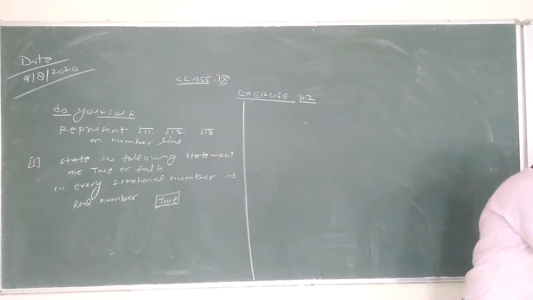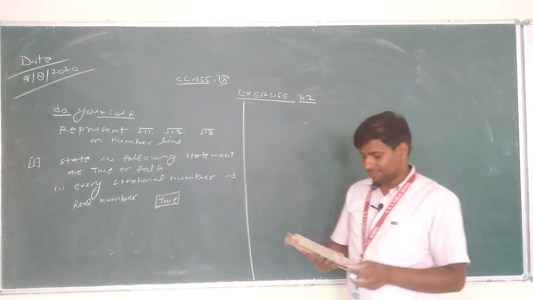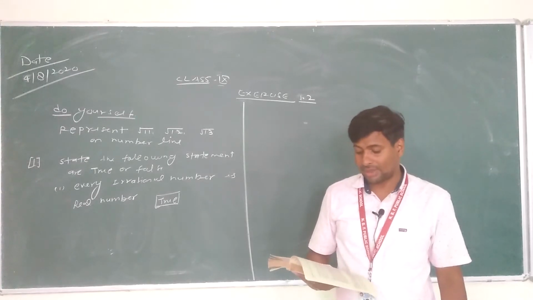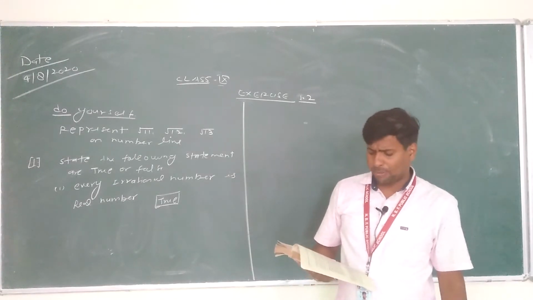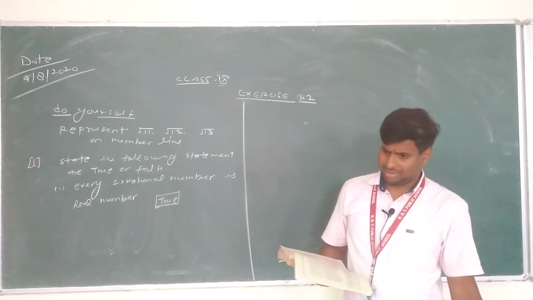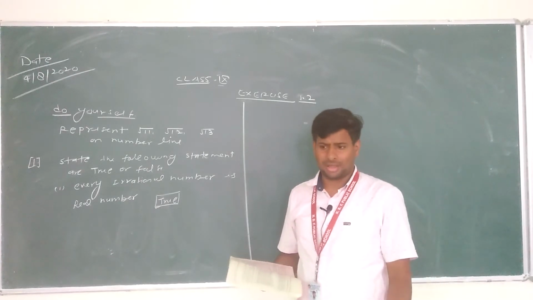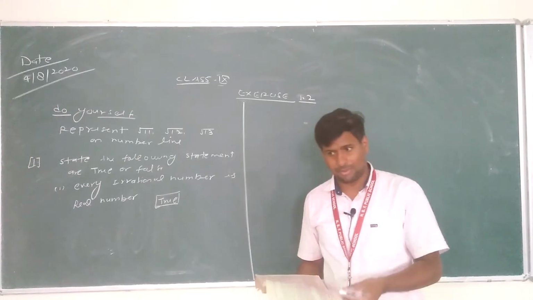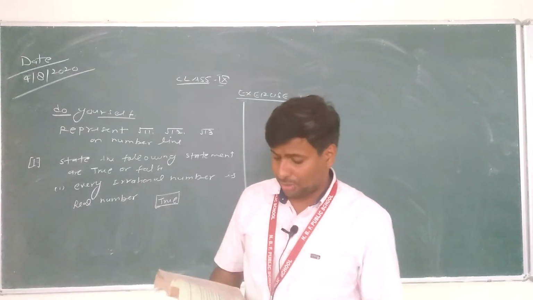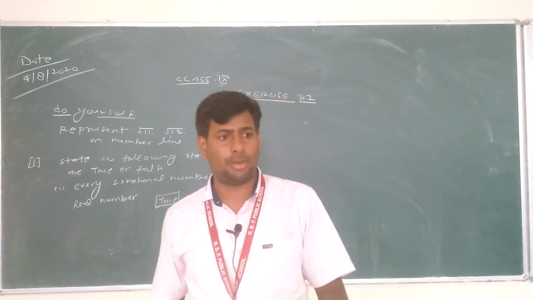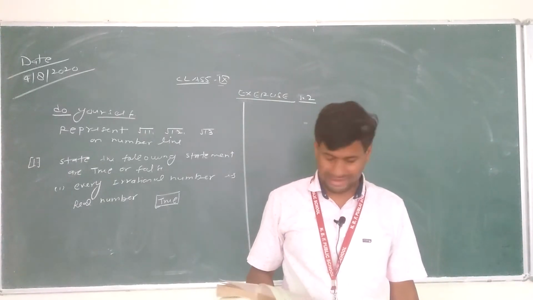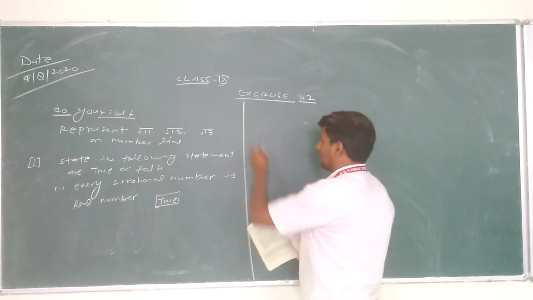What is the second part? The second part is given: every point on the number line is of the form root of m, where m is a natural number. Irrational numbers like root of 2 you can represent it, so you can discuss this statement also. This statement depends on the basic concept that we explained in the first class. You can write true or false. That's clear. So we can discuss question number 2.